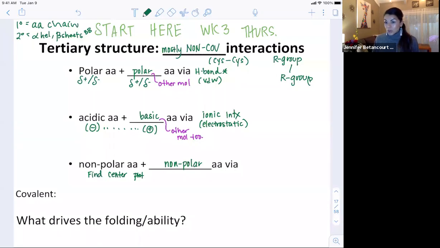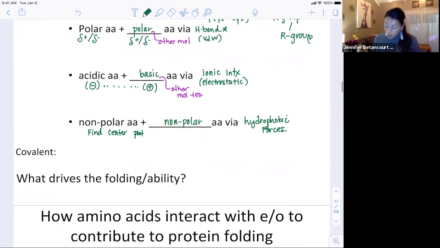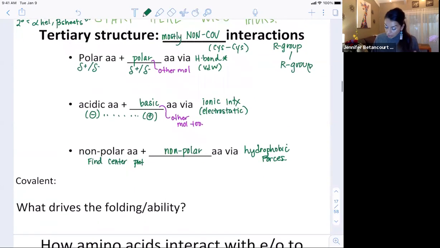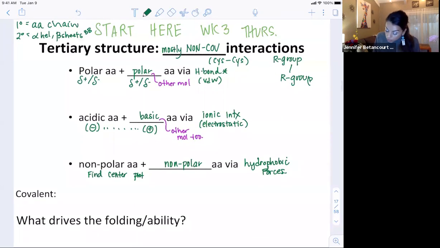They don't really have a choice because each of them is just trying to sequester from the cytosolic water-based environment. So they're each in a tiny little huddle, okay? And we call these hydrophobic forces. All right. Okay, so again, just to fill out this slide here, the only covalent interactions that exist are